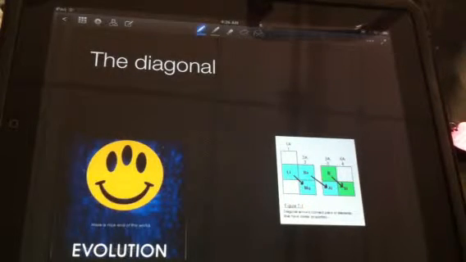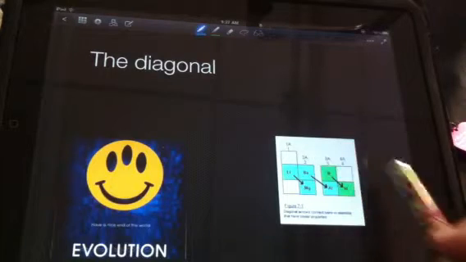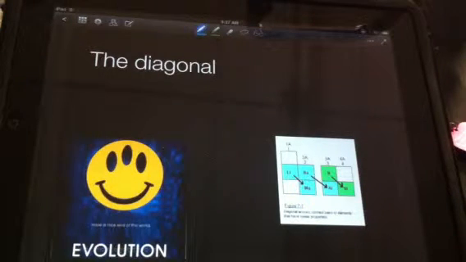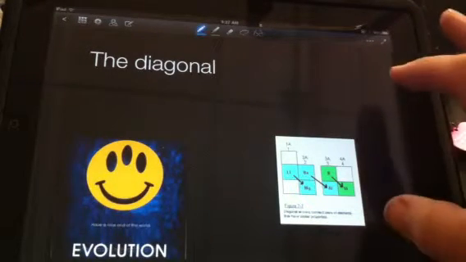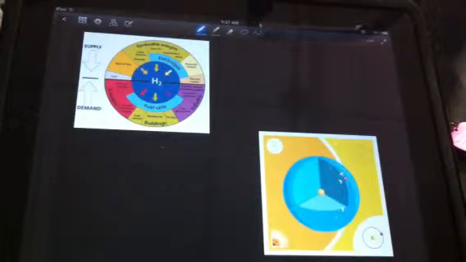Selenium is also an important mineral for us for keeping our body functioning right. But there's a trend. We see like characteristics on a diagonal as well, which is why they were slightly confused with some of the arrangements that they did. Okay,